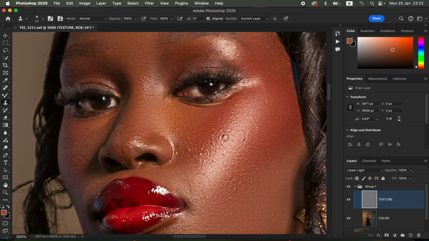And to remove a pimple, we make sure that the size of the clone stamp tool is slightly bigger than the blemish that we want to remove. Then hold down the option key on the keyboard for Mac. For Windows it is the alternate key on the keyboard. So hold it down and left click on a clean area near the pimple or the blemish that we want to remove, and release the option key on the keyboard, or release the alternate key if you're using Windows, and simply left click once again over the pimple to replace the blemish with